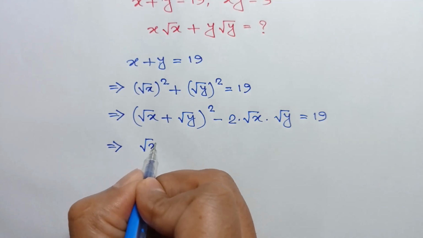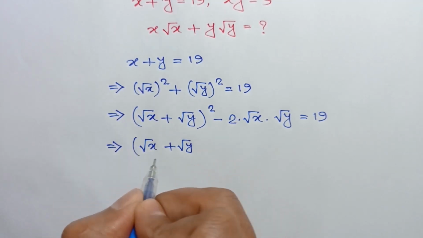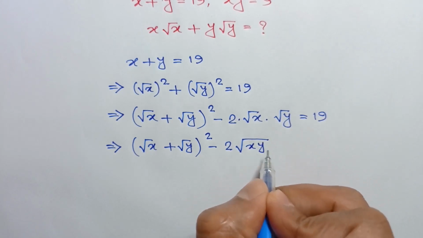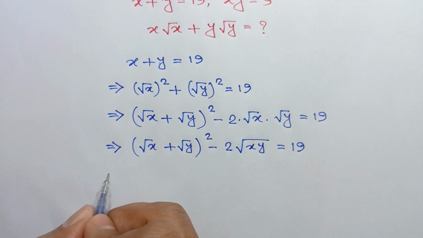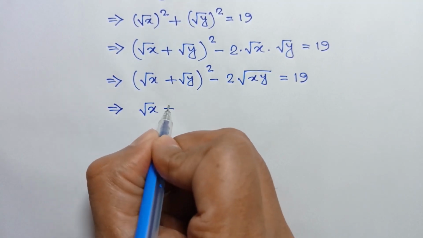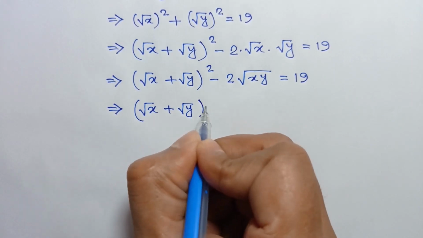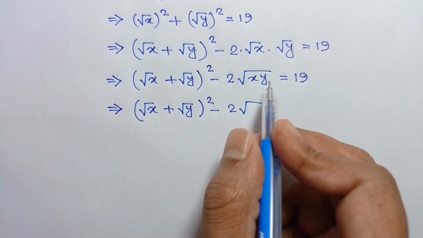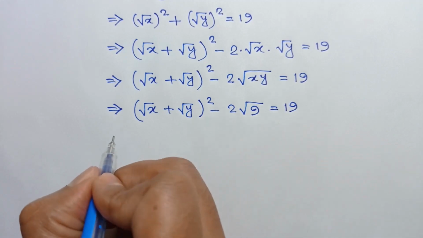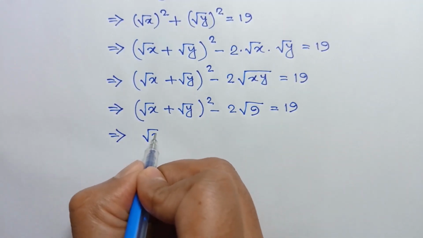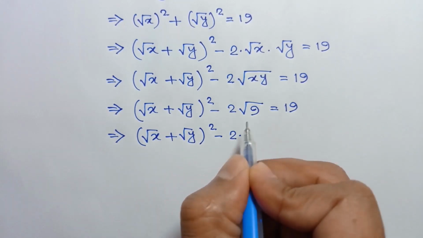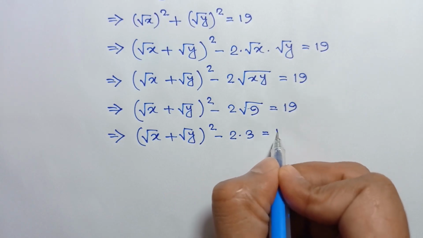or square root of x plus square root of y whole square minus 2 square root of xy is equal to 19, or square root of x plus square root of y whole square minus 2 square root of, substituting the value of xy as 9, is equal to 19, or square root of x plus square root of y whole square minus 2 times square root of 9, which is 3, is equal to 19,